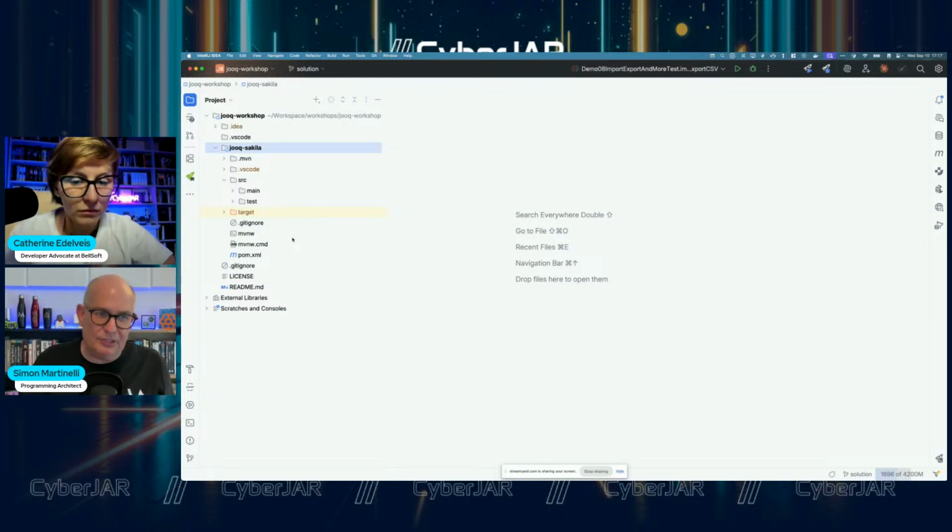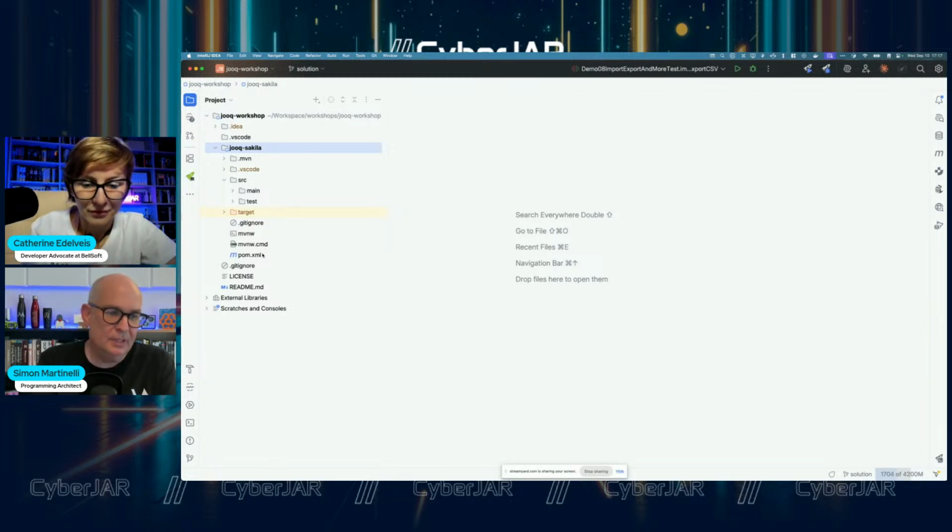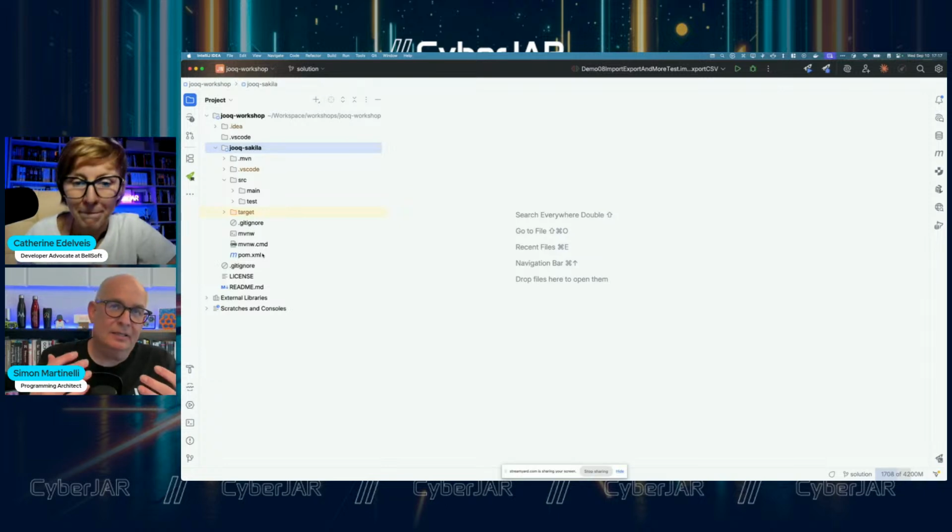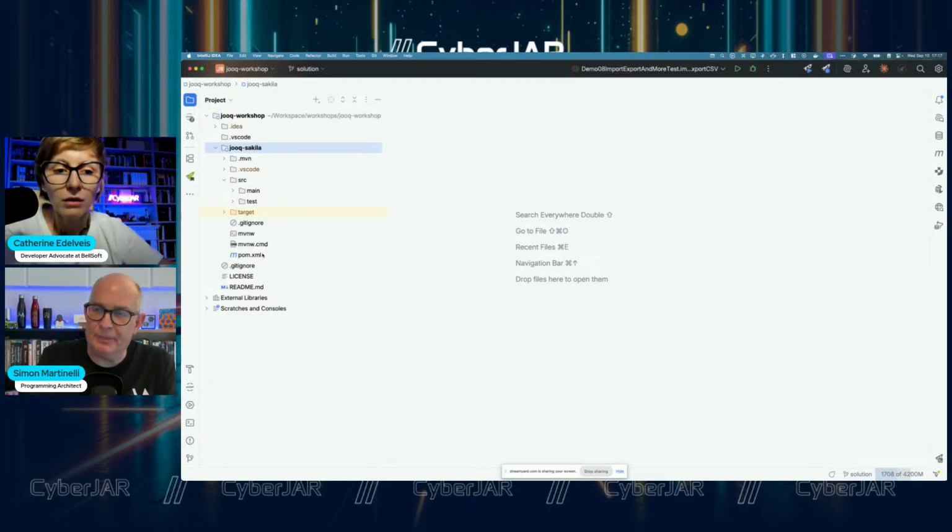Here, my project is a Spring Boot project. That's just a Spring Boot project because most of the people who are doing Java Enterprise application development today are using Spring Boot. But that's just one option because jOOQ is absolutely free of any need for a dependency injection framework or any other frameworks.